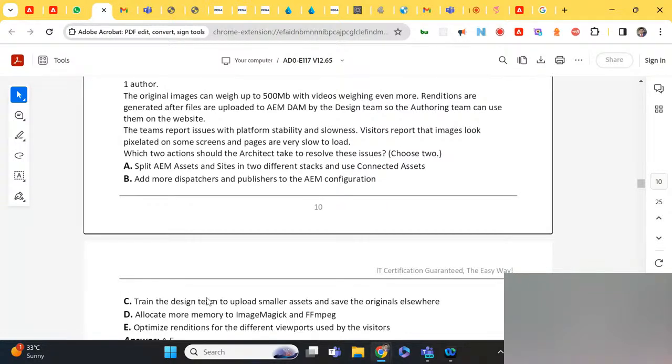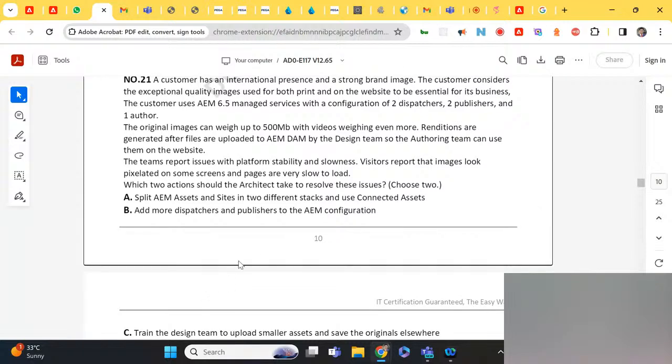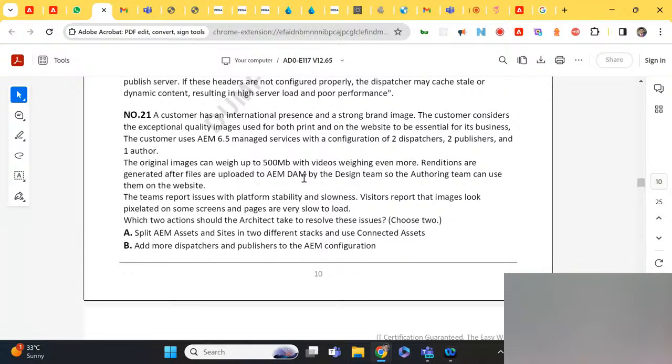If we add more dispatchers and publishers, would platform slowness and stability improve? Visitors report that subsequent pages are very slow to load.